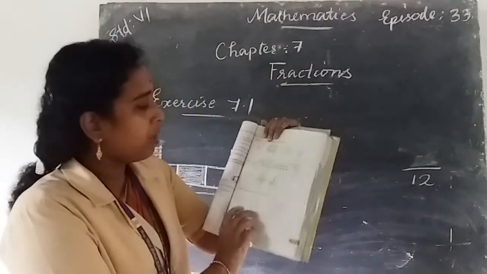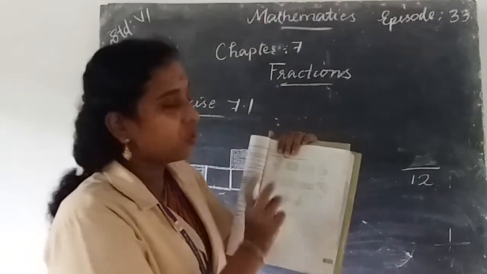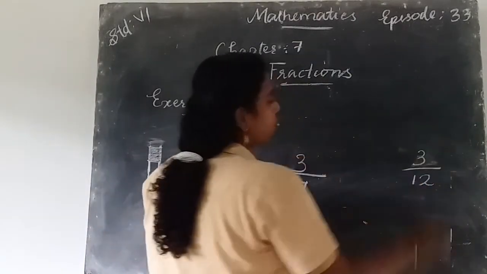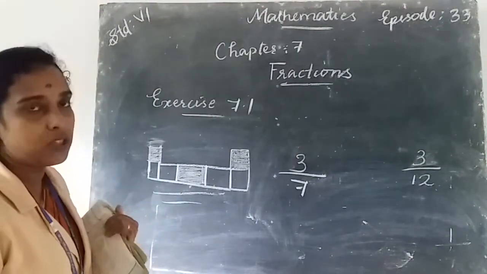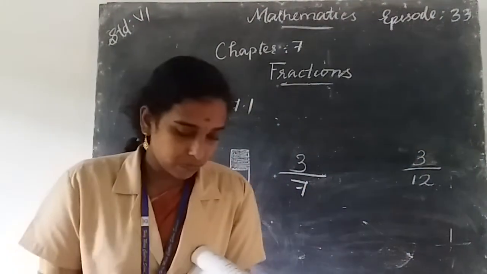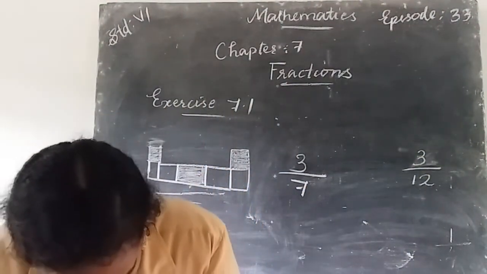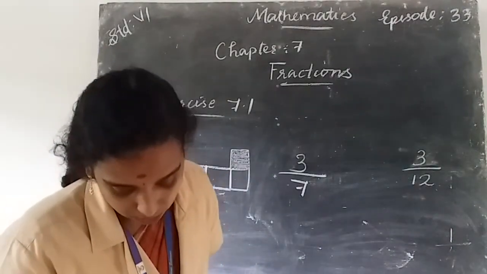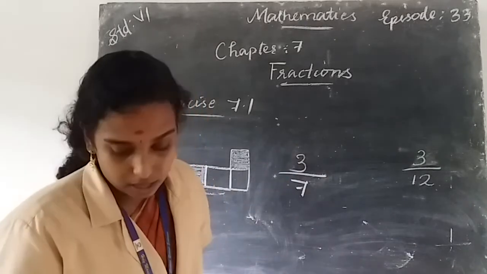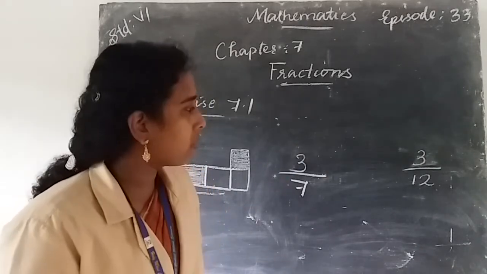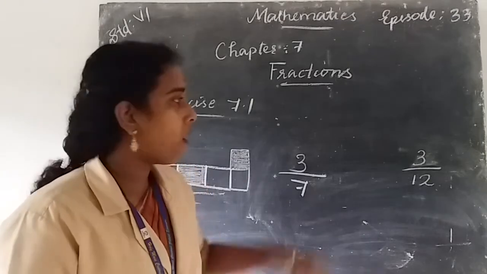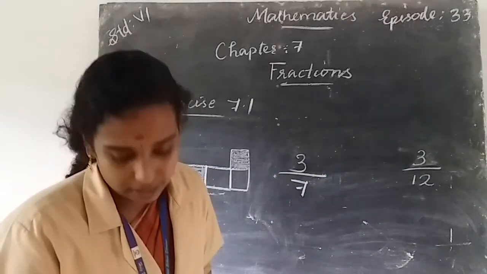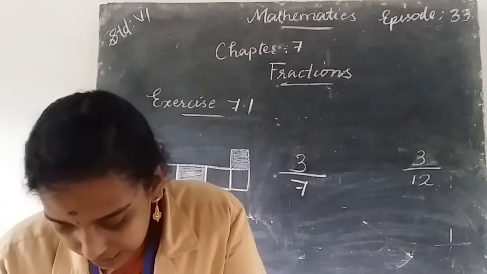And here how many flowers are shaded? 1, 2, 3. Okay. So write the shaded portion as the numerator. So 3 by 12. So here three flowers are shaded. So write 3 as the numerator, and the whole is equally divided into 12 parts. So write 12 as the denominator. Okay. The next one is